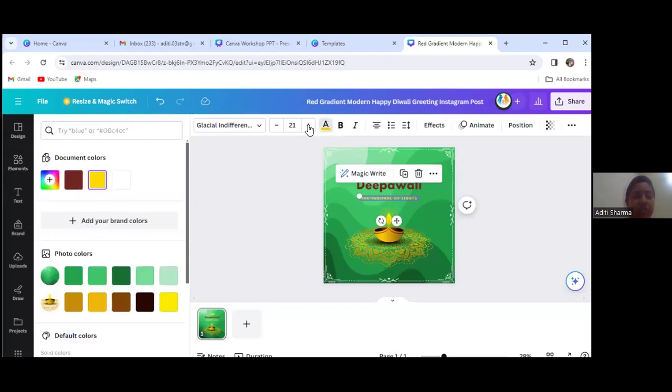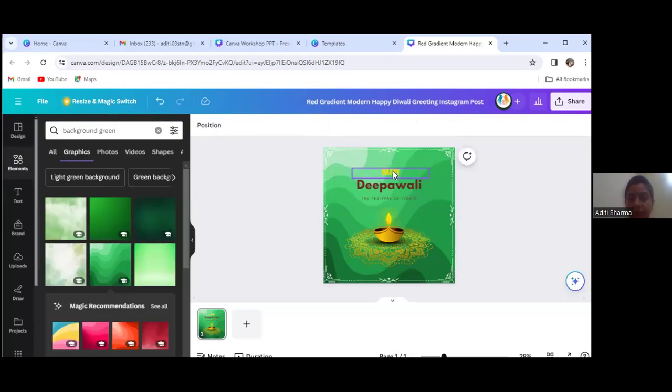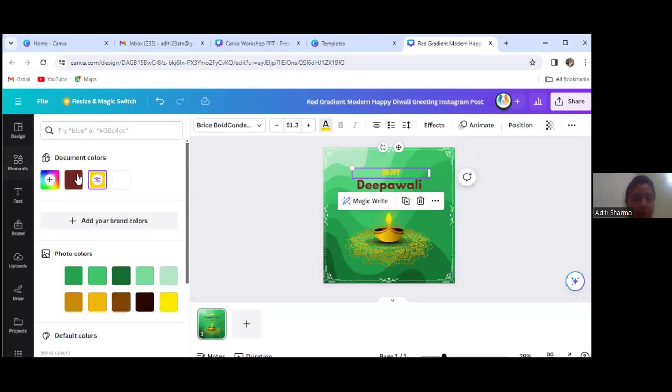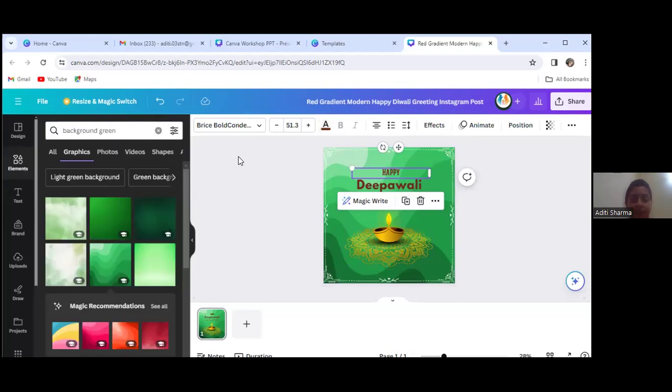See, we can change the text color. All the text colors are changed.